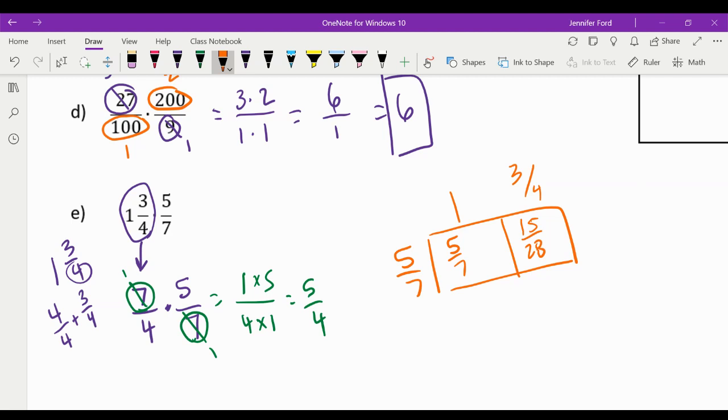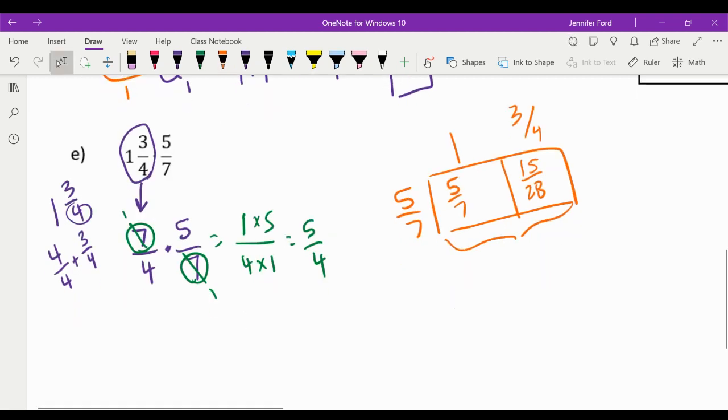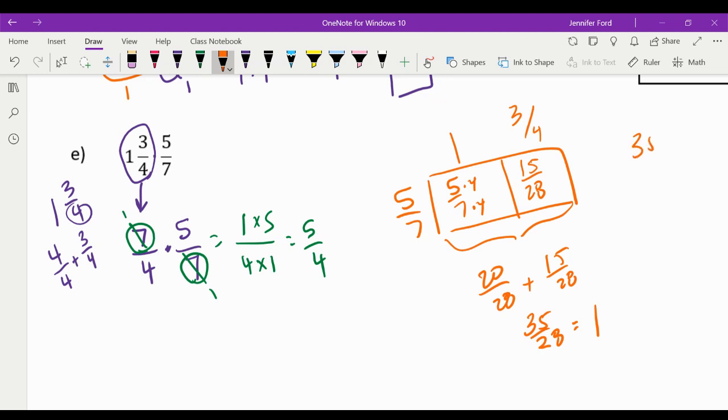And then we have to add these two together. I need a common denominator, which is going to be 28. So 20 28ths plus 15 28ths. 20 plus 15 is 35 28ths. That goes in one time